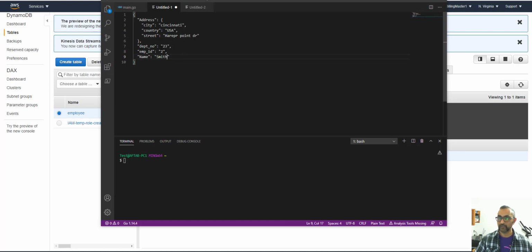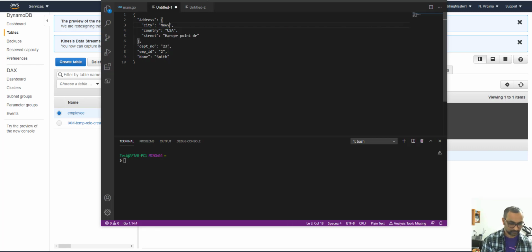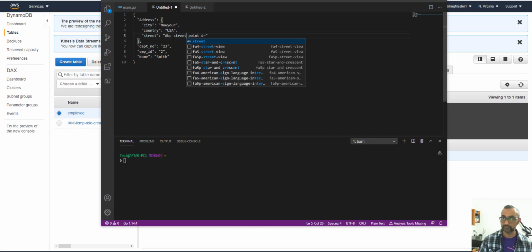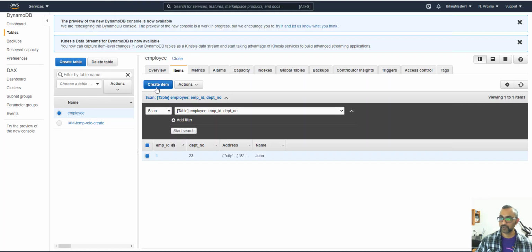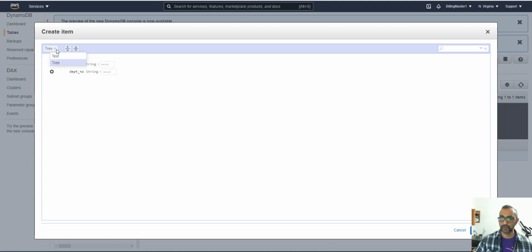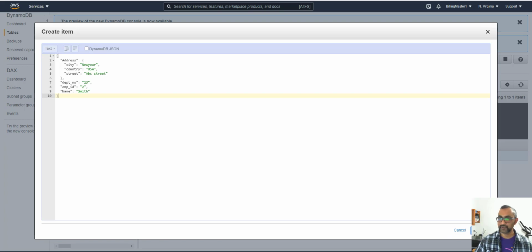He can be of the same department number, and he can be part of New York. Copy this back again, create item, go back to the tree structure, text, paste it here and save it.